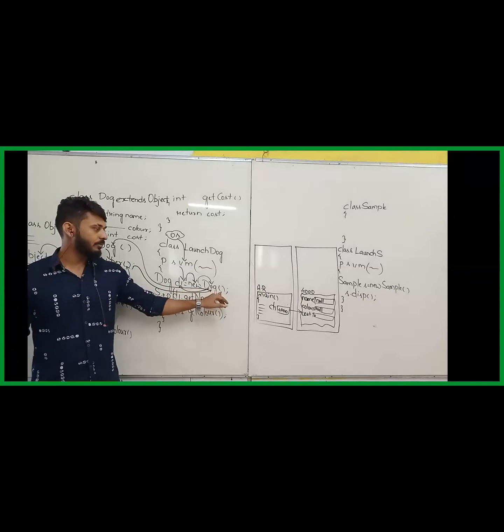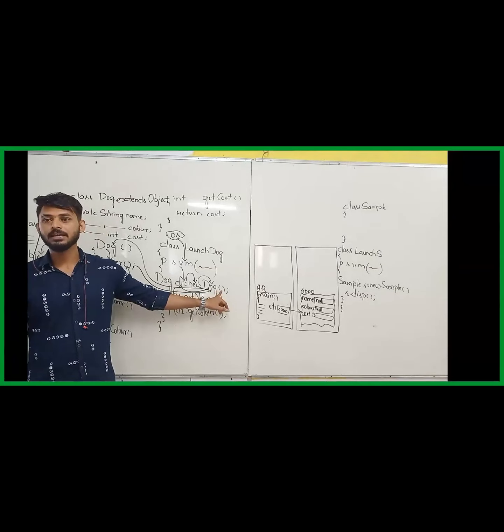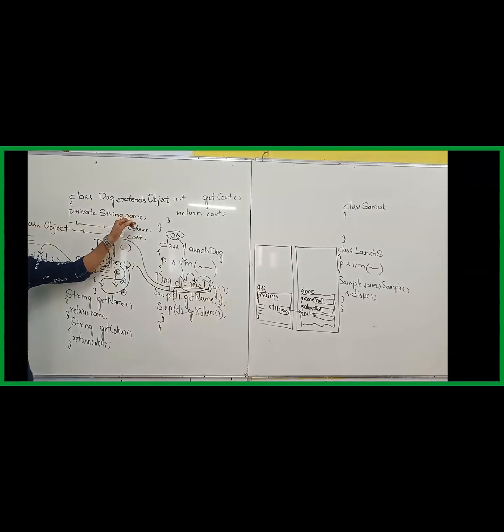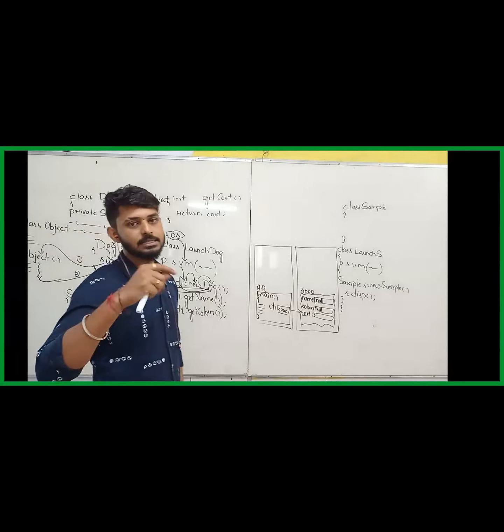You observe here what you are passing. What are we passing? I am not passing anything. As I am not passing anything, and as these are instance variables, they will be initialized to default values. Because of what? Instance variables are getting initialized to default values. Who is initializing your instance variables to default values? Object class constructor. See, I told you the super method's duty is to take the control from child class constructor to